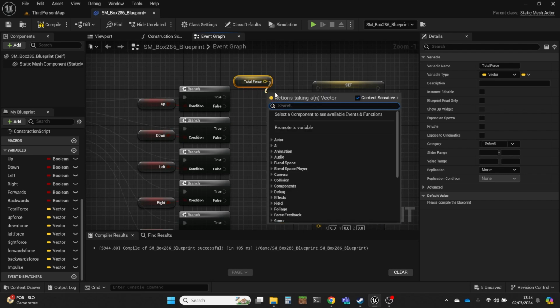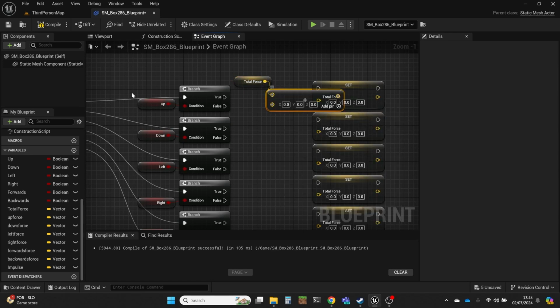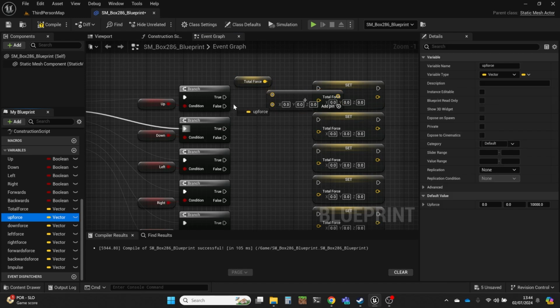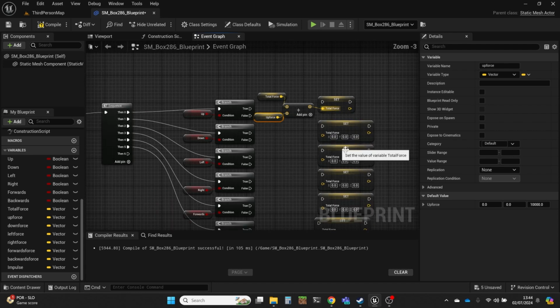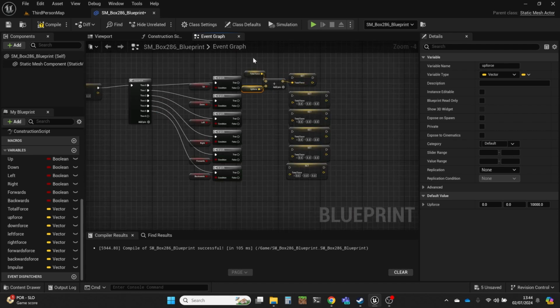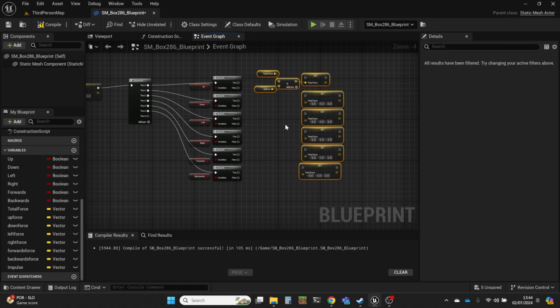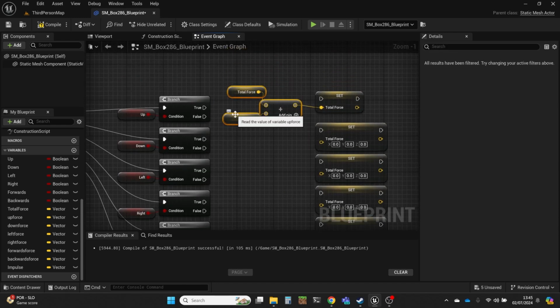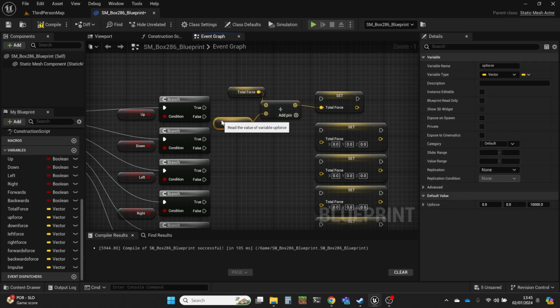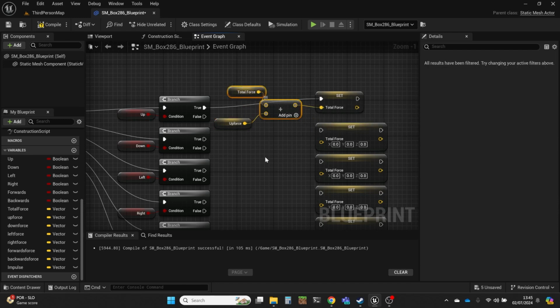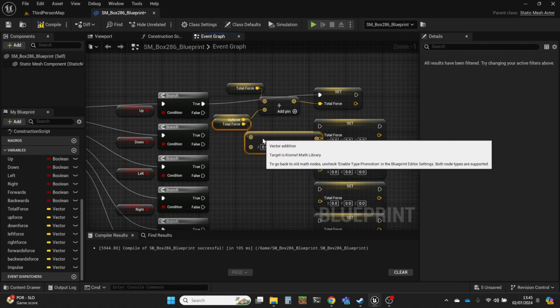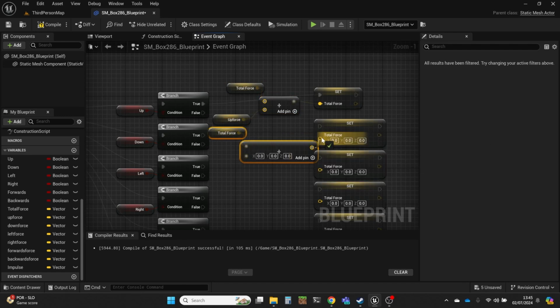And then I'm going to add whatever force it is that I'm getting to that and get total force, and add. And for this one, this is the up force. And this is why I've created them as variables, so that it makes it easier to do this. Everything's a little bit on the cramped side, so I'm just going to ease things out a bit, get a bit of space, and then replicate this idea. So, hook that up right. As I was saying, replicate this by things like, yeah, okay, I could have copied all 3 of these, and that might have been better. It's total force going into there.